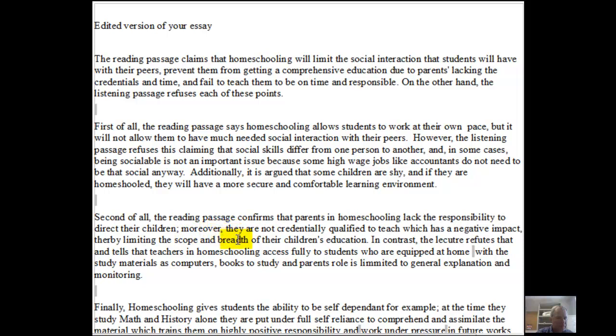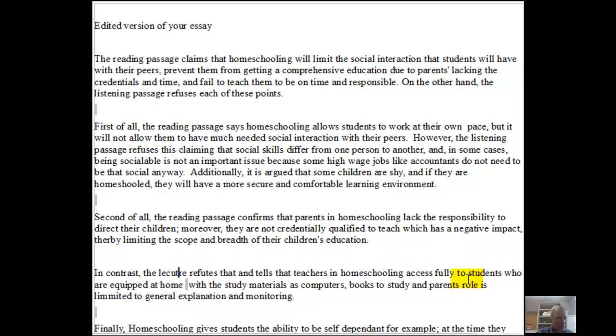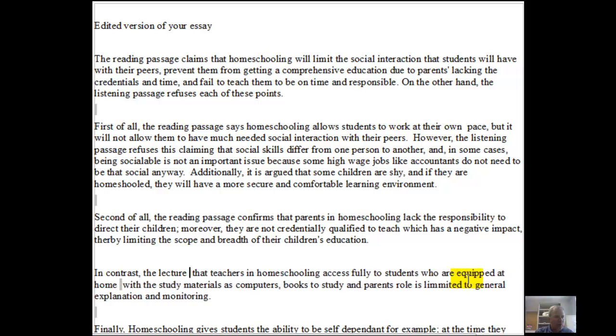That's probably a little bit wordy. How about just say argues? If you just say argues, you don't have to say refutes that necessarily, because if you use the words in contrast, you're saying that the information in the lecture is clearly different from the information in the reading passage. That's the whole purpose of using that transition word, is to show the difference of idea. So you say argues that teaching and homeschooling. Well, the first thing you have to say,